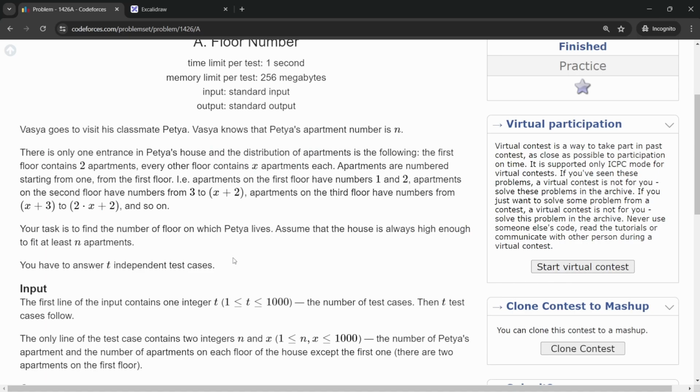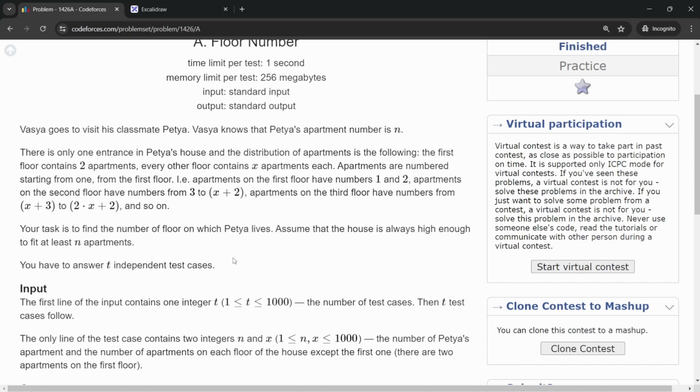If you haven't read the problem statement, then I would request you to pause this video right now and read this entire problem statement and try to understand it. If you have read it already, then that's very great. But yes, I would request all of you to at least read it and try to understand it on your own. So if you have read the problem statement, then we understand from the problem statement that there are two